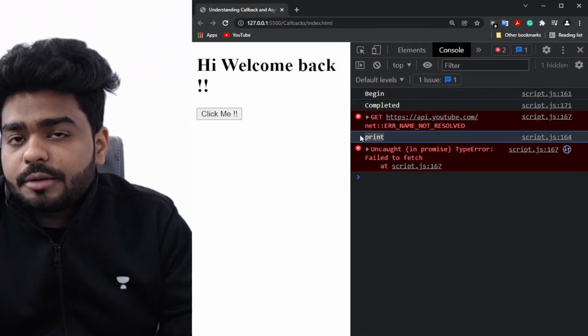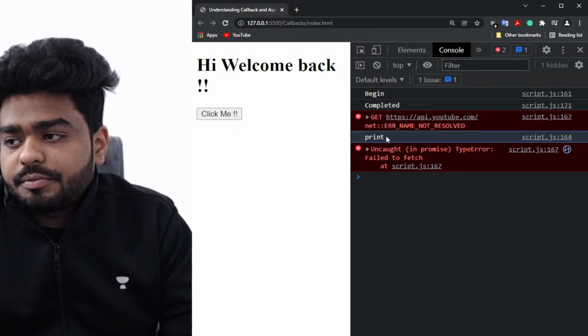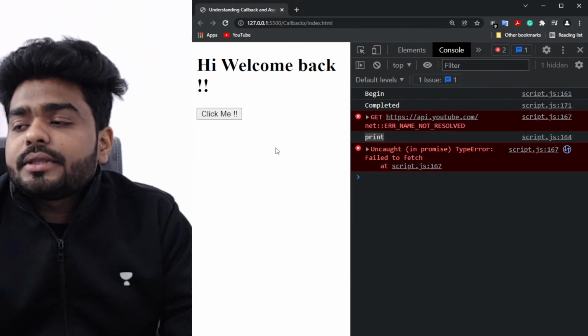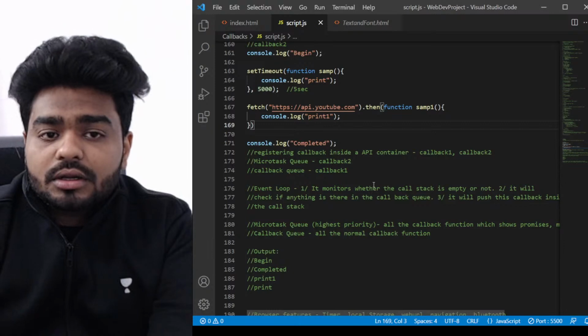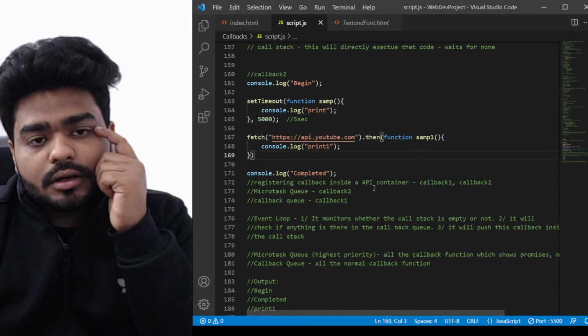Yeah, so you can see here print, right? This is print 1 and this is print. Fine. So that is how it's working. Now have a look. What if